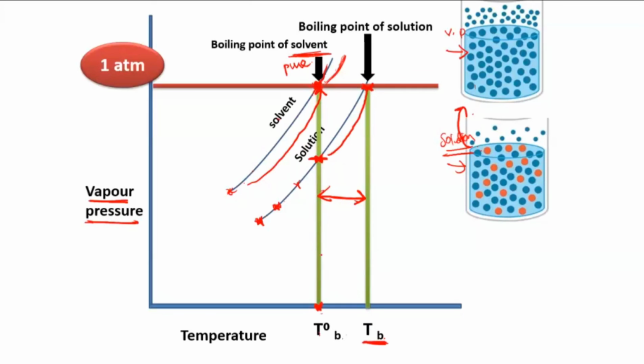So now if you take the difference between both of them, that will be delta TB. That delta TB will give you the extra temperature you have supplied. That itself is elevation. The difference between the boiling point of the solution and the boiling point of the solvent is termed elevation. Getting my point, everyone? So delta TB I can write as TB minus TB naught. This itself is elevation in boiling point. I believe everyone understood whatever I have explained.